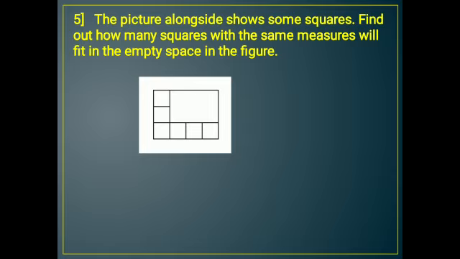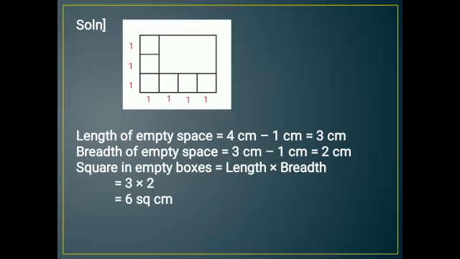So we can directly do it by drawing the line, but we have to solve it. Yes or no? By drawing the line we come to know how many squares will come, but there is a need to solve the sum. So what will we write? See here in the picture we have taken each square as 1 centimeter. So I have written 1 on the breadth and on the length side also.